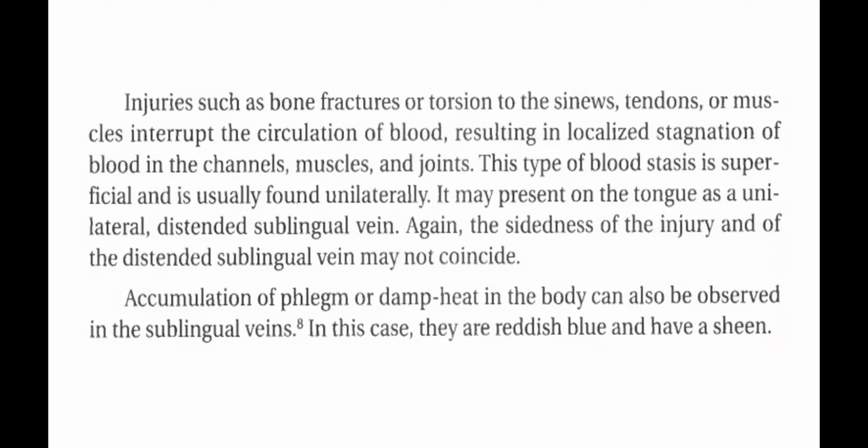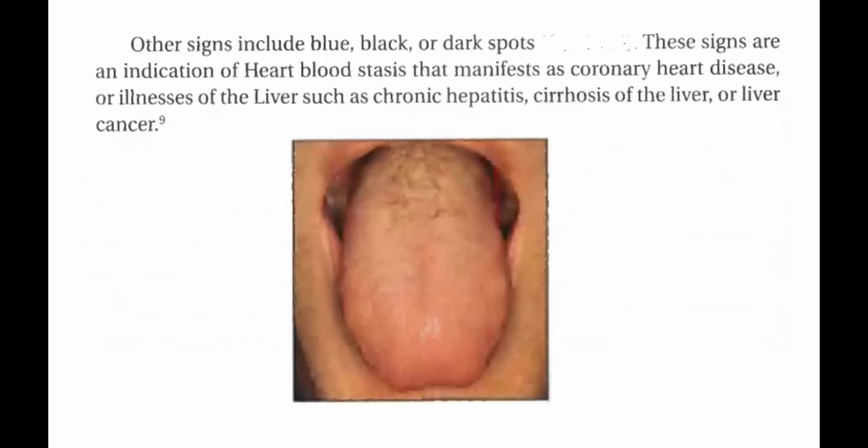Accumulation of phlegm or damp heat in the body can also be observed in the sublingual veins. In this case, they are reddish blue and have a sheen. Other signs include blue, black, or dark spots. These signs are an indication of heart blood stasis that manifests as coronary heart disease, or illness of the liver such as chronic hepatitis, cirrhosis of the liver, or liver cancer. So